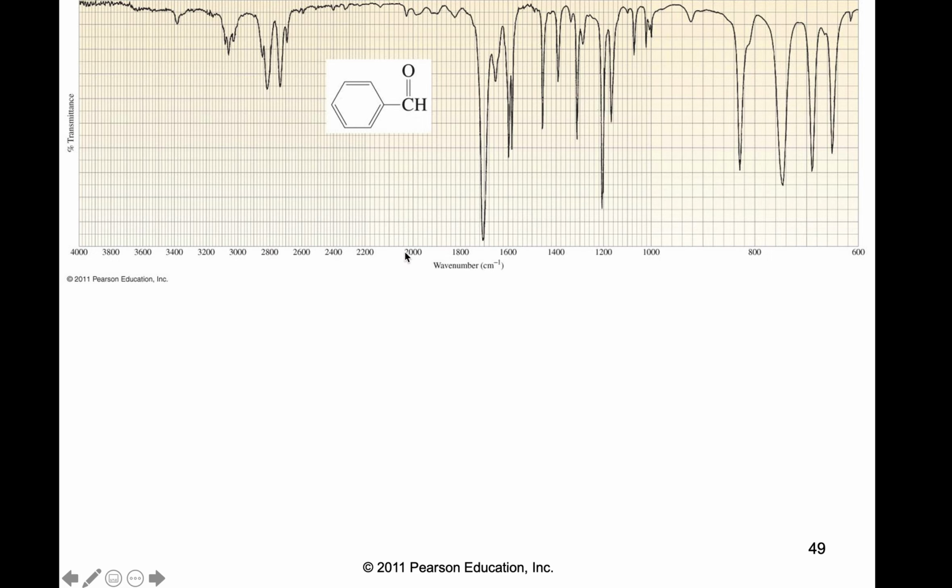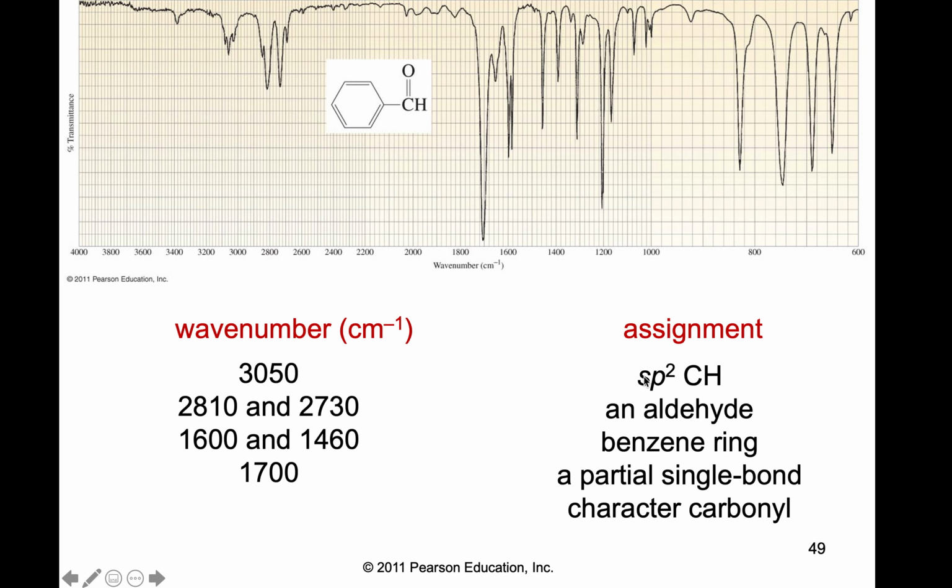This is benzaldehyde, a very important naturally occurring compound, a benzene ring with an aldehyde group attached. And they assign 3050 as the sp2 carbon-hydrogen stretches, 2810 and 2730 an aldehyde, 1600 and 1460 is your benzene ring,